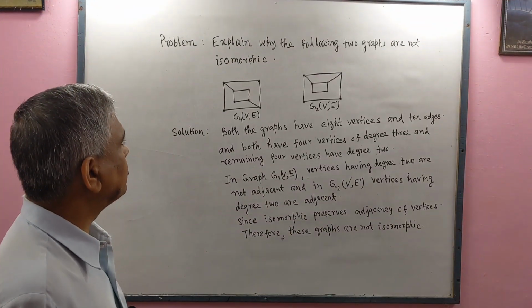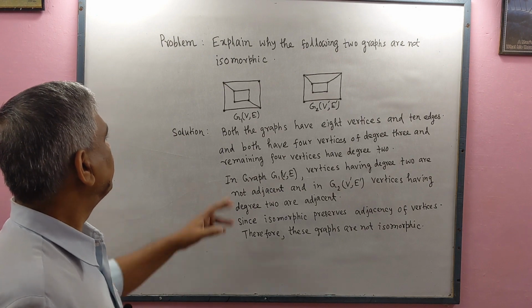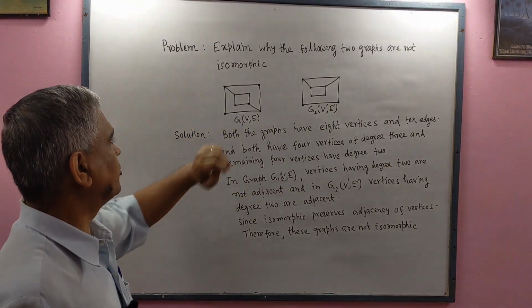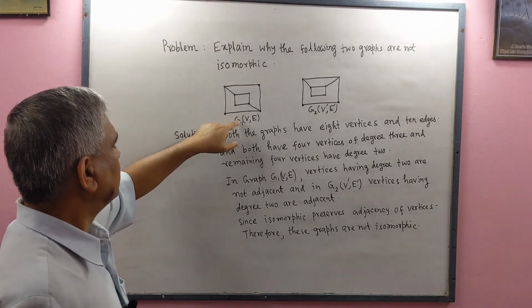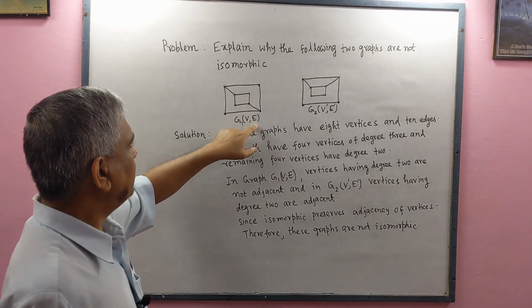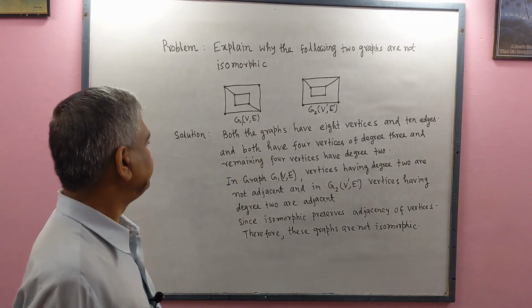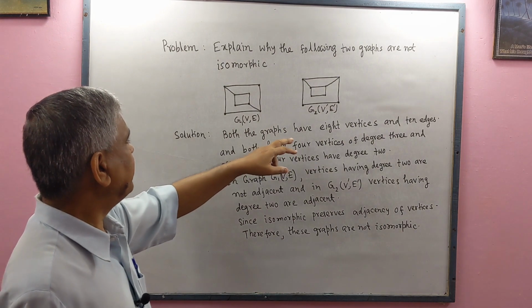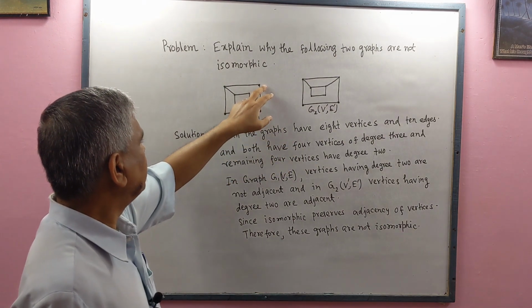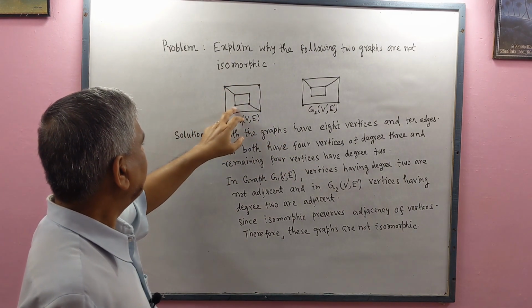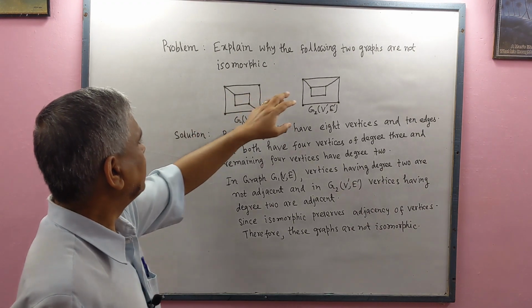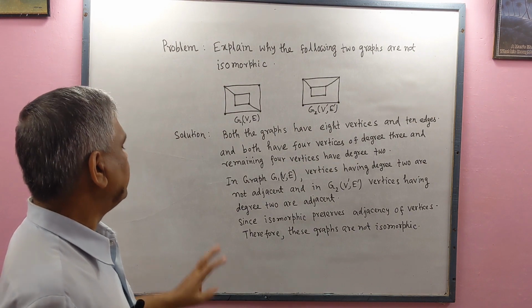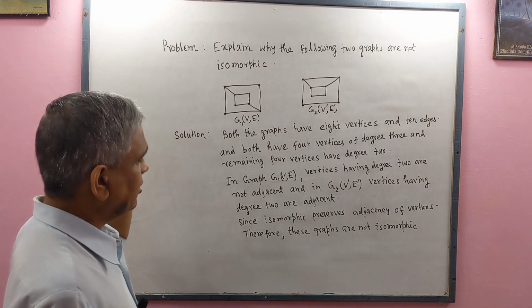Now we shall solve a problem. The problem is: explain why the following two graphs are not isomorphic. Here the two graphs are G1(V, E) and G2(V', E'). We see that both the graphs have 8 vertices: 1, 2, 3, 4, 5, 6, 7, 8. Here also the same. And both the graphs have 10 edges,